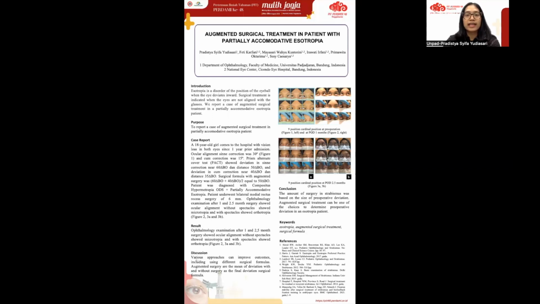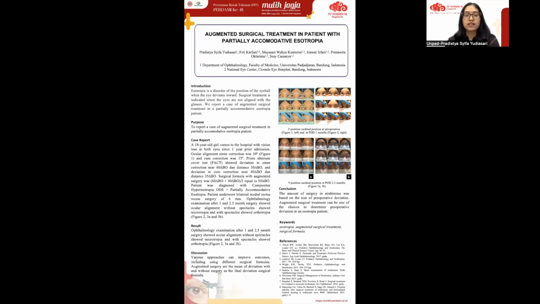The esotropic angle responds only partially to reduction in accommodation effort through full hyperopia correction, and the non-accommodative part is managed surgically. The standard surgical treatment has been to operate for the residual esotropia measured in the distance while wearing full hypermetropic correction. The purpose of this study is to report a case about augmented surgical treatment in a partially accommodative esotropia